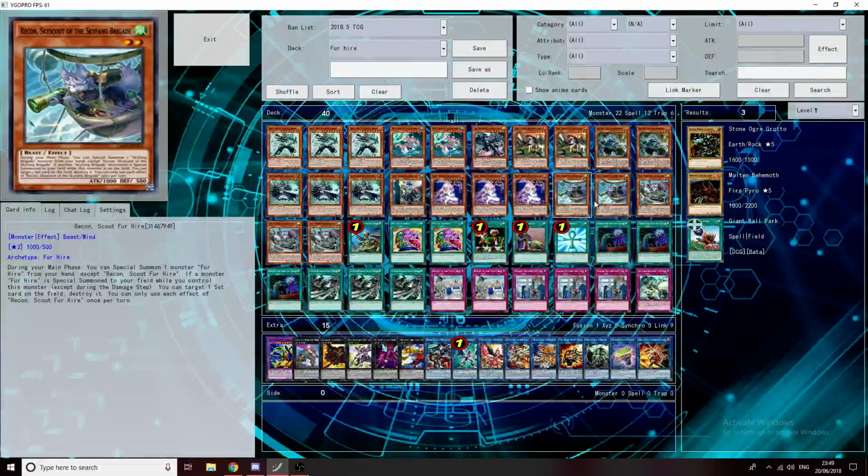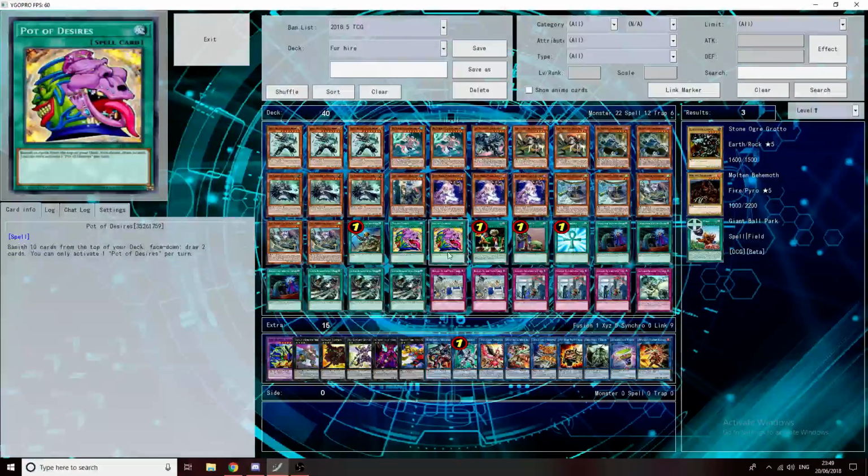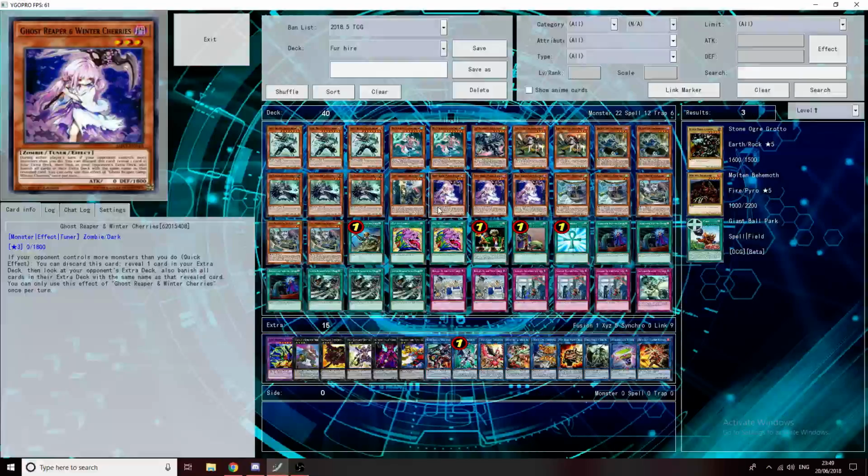So this is not an OTK deck, it's more like a control beatdown deck. You have your beatdown and you have your control. Going first you can establish a decent board, going second you can obviously try to push for as much damage as possible. The other thing that I added to this deck was actually Ghost Reaper and Anointed Cherries,